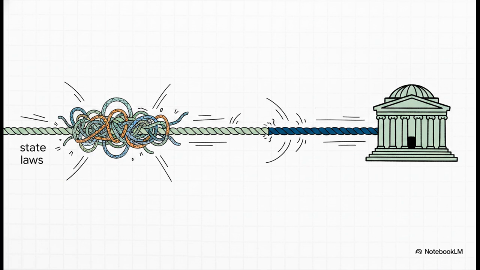But because other states have enacted their own varying breach laws, companies are stuck navigating this chaotic patchwork of 50 completely different state requirements. And this brings us right back to our lesson on preemption. The federal government has been heavily debating stepping in with a single, preemptive federal law just to standardize breach notifications nationwide. It is this constant tug of war between having really strict state protections versus standardized federal efficiency.